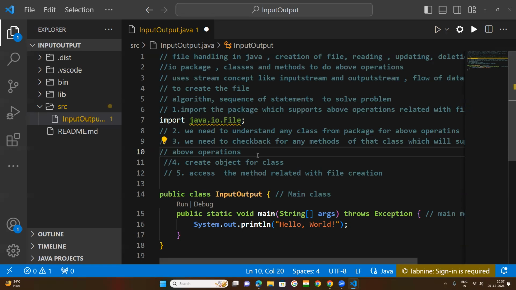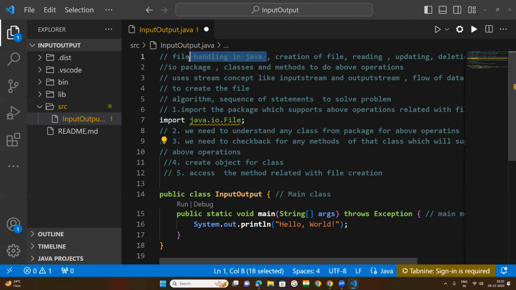You searched on Google, found the code, and copy and pasted it, but you don't know how it is being executed. If anybody asks you to brief the code, you are not able to explain what it means. So for that, you need to develop yourself, like as I am briefing. First of all, suppose file handling,